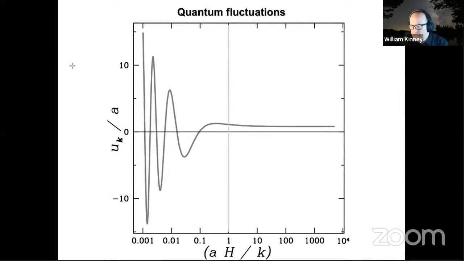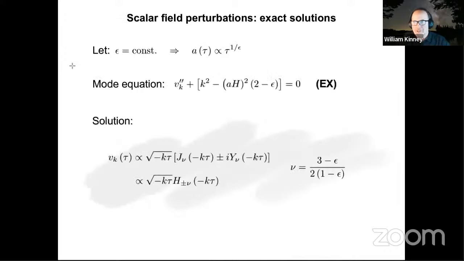Well, let's look at how we do this. Now we have to include actual cosmological expansion. So let's take the simplest, exactly solvable case: a constant equation of state. Let epsilon be some constant value. In the de Sitter limit, it's equal to -1, the limit of a cosmological constant. As long as it's less than -1/3, we'll have accelerating expansion. And the simple solution to the Friedmann equation in flat space is that the scale factor just goes as the conformal time to the 1 over epsilon.